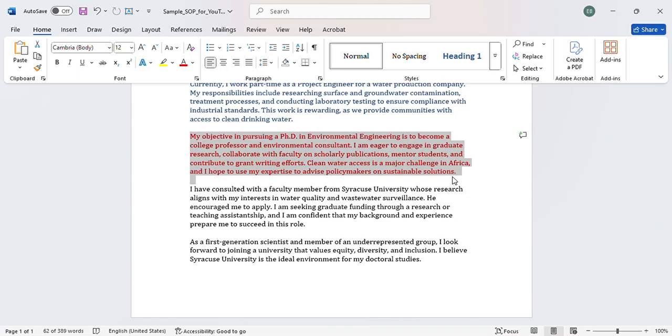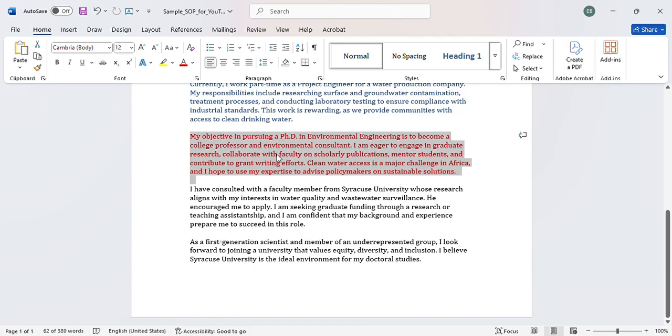Good. So this one, if you look critically at this paragraph, I am actually speaking about the program that I'm applying to. Okay, that's PhD in environmental engineering. And my long-term objective is also stated here. That is, I want to become a college professor and an environmental consultant. Why do I want to become a college professor and environmental consultant? So I'm eager to engage in graduate research. After that, I'll collaborate with faculty on scholarly publication. I also want to mentor students and contribute to grant writing effort. That is my short-term goal